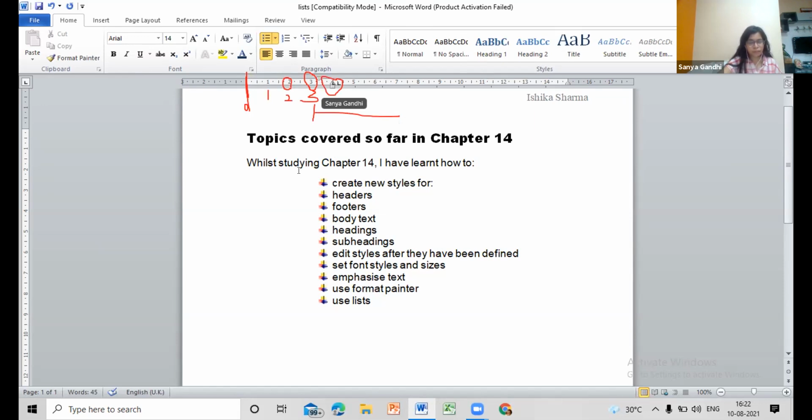Alright. You can in fact reduce this and it will be fine both ways because it should be at least 3. Understood? So indentation is what? Settling or designing something with respect to other things. Okay. So this is what we did. This was indentation by at least 3 centimeter.